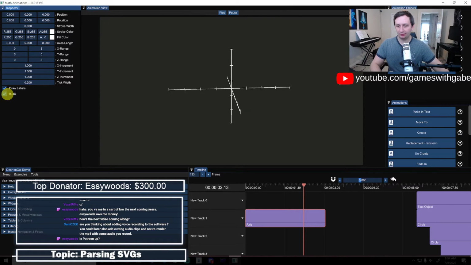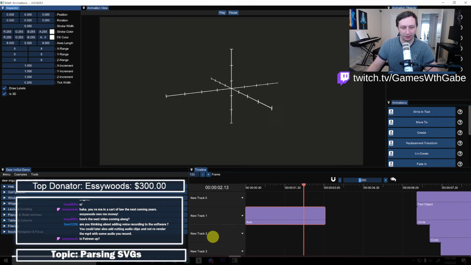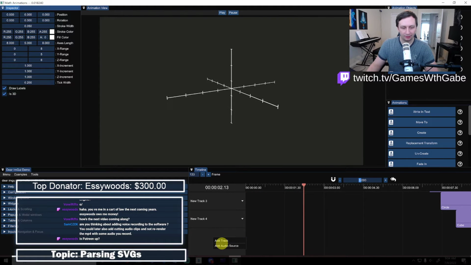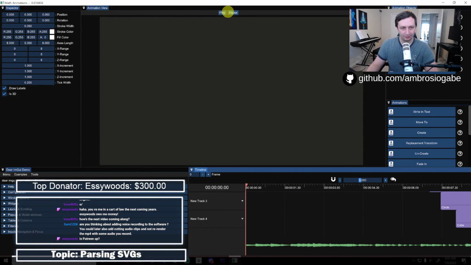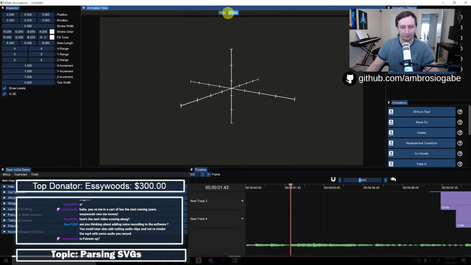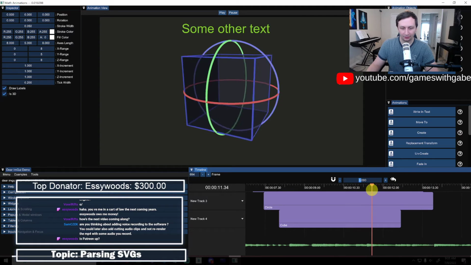Sam, are you thinking about adding voice recording to the software? You could later also add cutting audio clips and re-render the MP4 with some audio you record. It's already got support for audio waveform previews and stuff, but you can see it pause the whole application there. So if I do that, you may or may not be able to hear that. It does have support for previewing the audio waveforms.